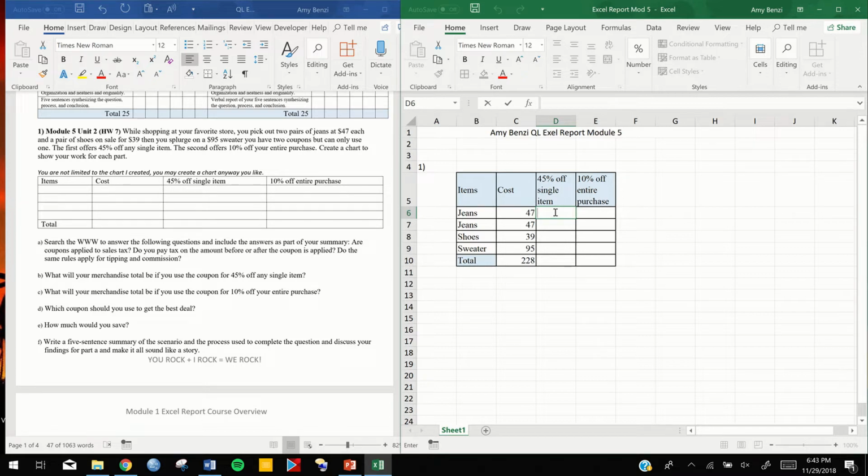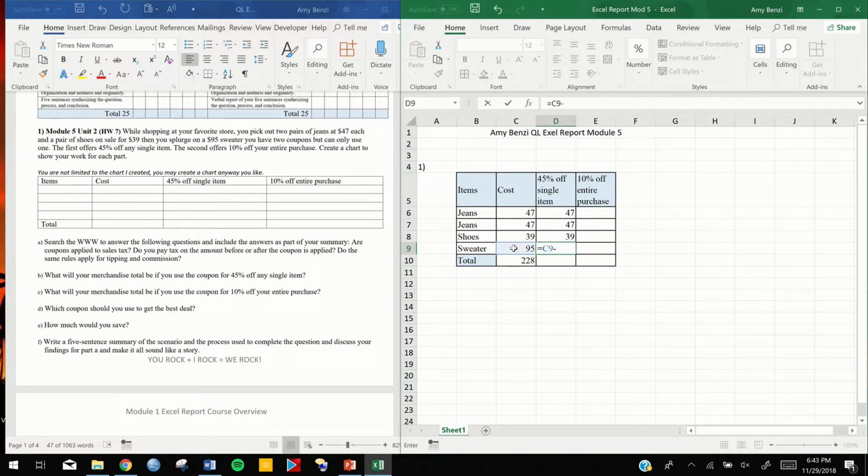All right, so I'm going to put the equal sign, and I'm actually going to just select these. Why? I don't know. I could have done the other way. I guess it's because when I apply the coupon, I wanted to do a cool thing, that's all. Now I'm going to apply the coupon to the $95 sweater. I hope they get a lot of use out of a sweater that costs 95 bucks. So now I want to apply how much off? 45%. This is where people get confused because it's $95. So it's the cost of the sweater